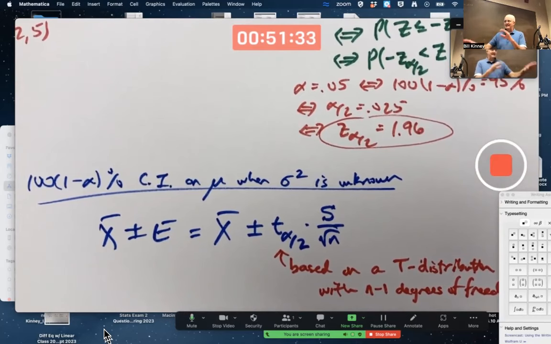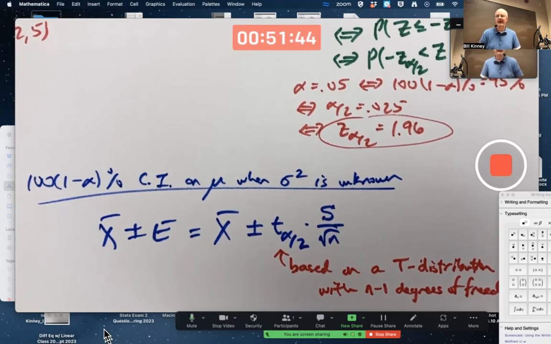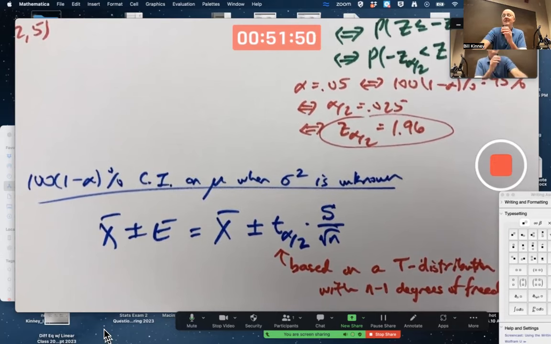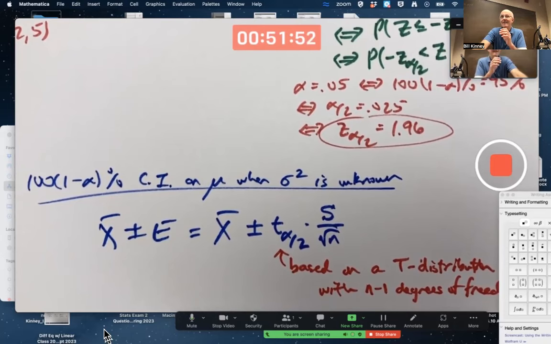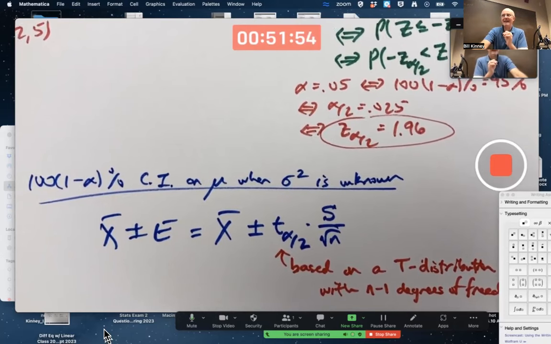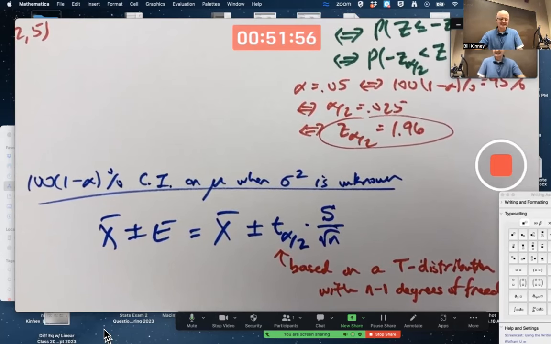Now, again, you might say that's a distinction without a difference. If somebody truly knows mu and they're betting you whether it's in there or not, you're going to bet money. You probably should bet money that it is in there, if you've done everything right and there's no funny business going on. But technically speaking, it's no longer a probability.